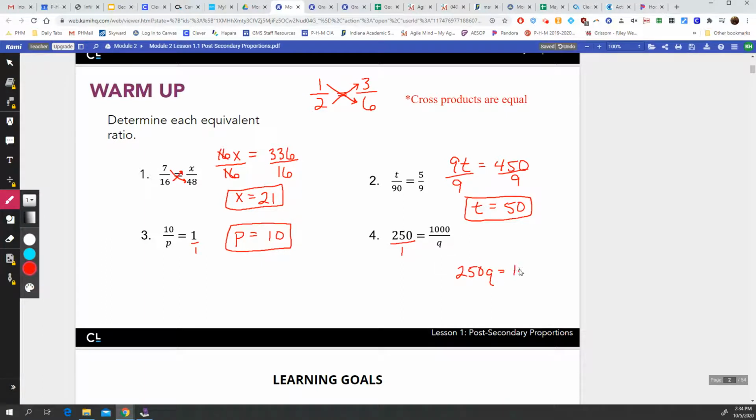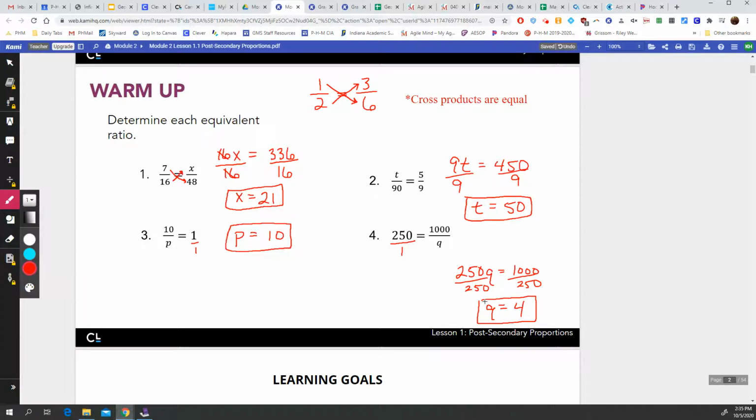1 times 1,000 is 1,000. Divide both sides by 250, and you get Q equals 4. So make sure you got those correct. That's going to be really, really important that you know how to solve a proportion and determine equivalent ratios moving